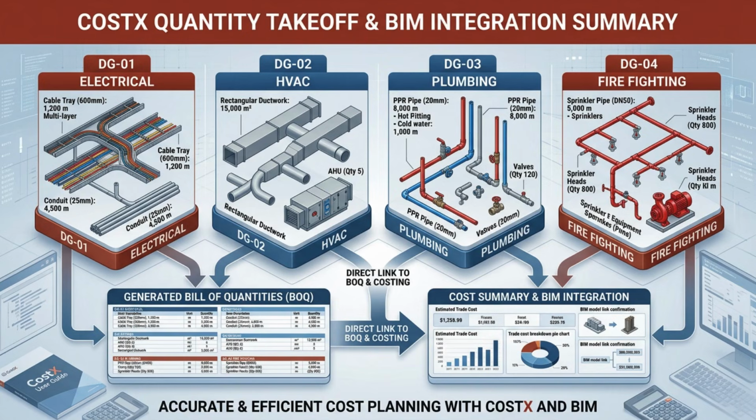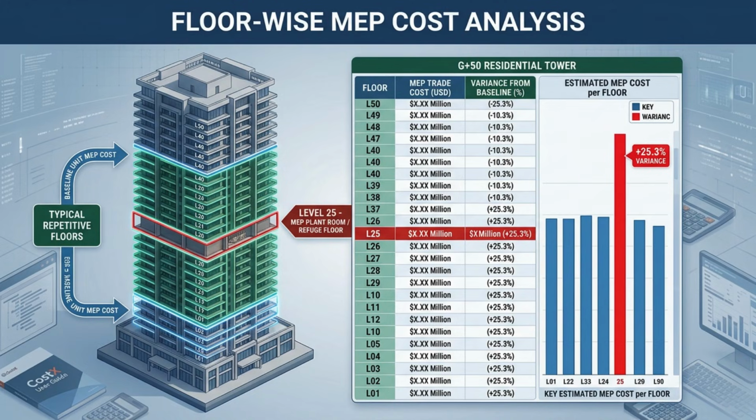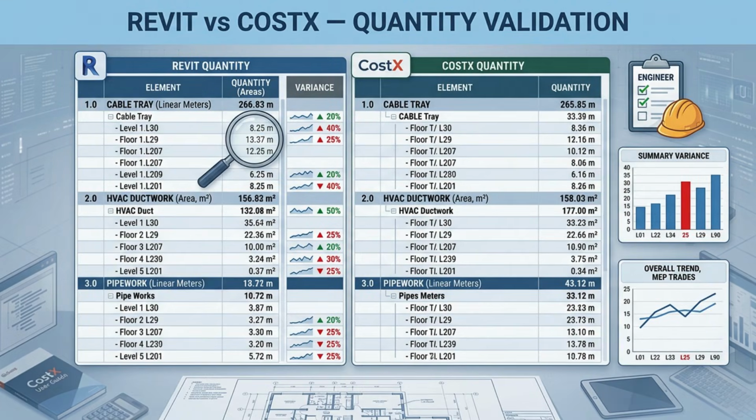This allows the project team to identify unusual quantity patterns, repetitive floor cost, and potential anomalies. For a G+15 tower, this becomes particularly valuable because repetitive floors provide a strong benchmark for floor quantity validation. Compare Revit quantities against CostX quantities. If there is a variance, don't simply overwrite the number. Investigate the reason. The difference may be caused by exclusion, duplicate elements, unit conversion, measurement rules, model revision, or